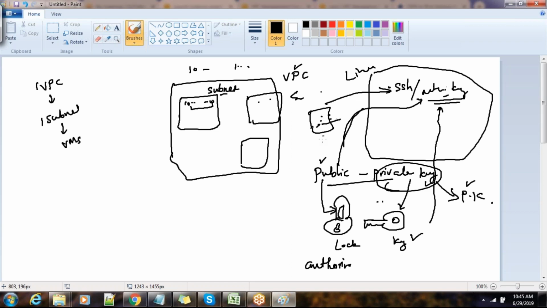Even if it's a secured password, it will be a somewhat large string, but it's easy to hack, especially since this is exposed to the internet. So there is much more chance of attack if you enable password based authentication. Normally in AWS machines or most cloud machines, password based authentication might be disabled, and they all recommend key based authentication. The key is very huge in size, so there is very little chance of it being attacked. So that is the option.